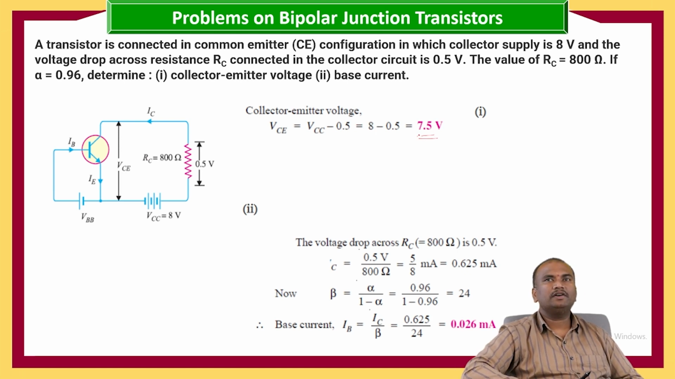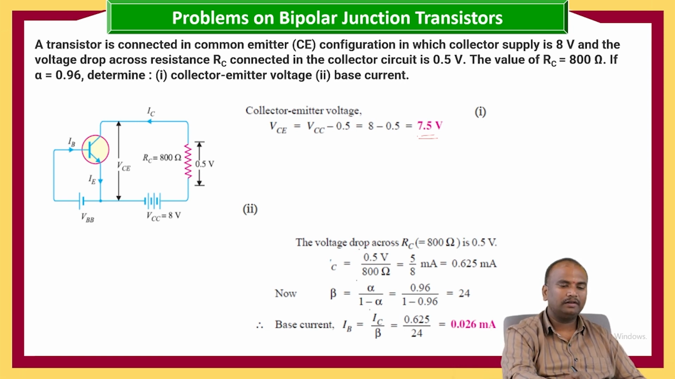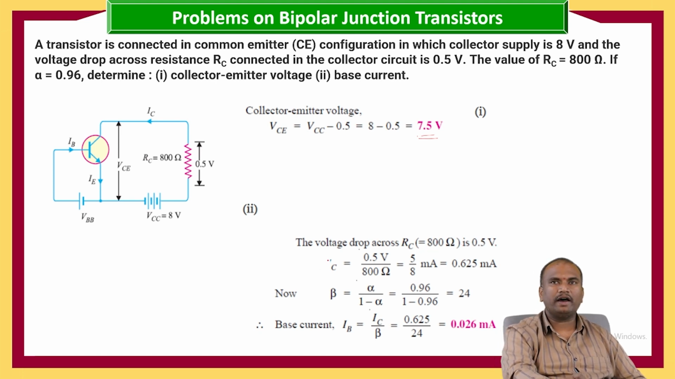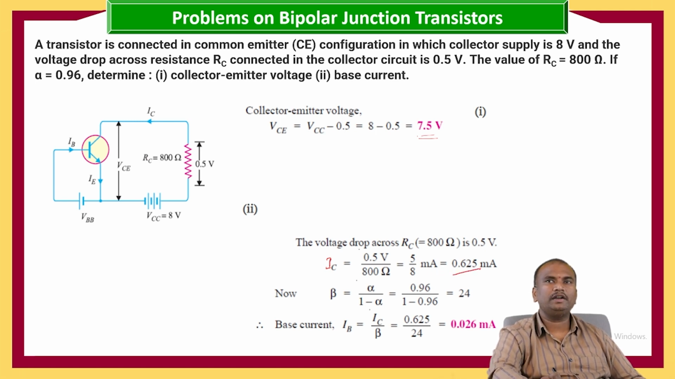This is our first voltage, that is collector to emitter voltage. And the next one is we need to calculate the base current. For calculating the base current, first here the voltage drop across RC is 0.5 volts. So IC is equal to 0.5 by 800, which is equal to 5 by 8 milliamperes, that is 0.625 milliamperes,